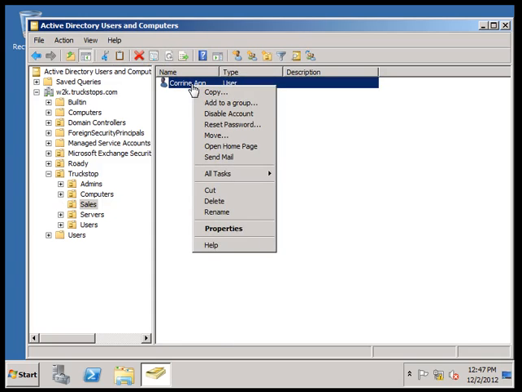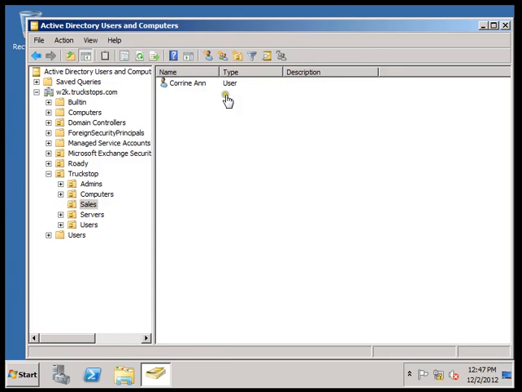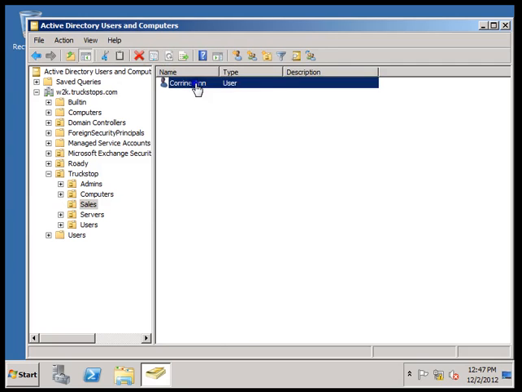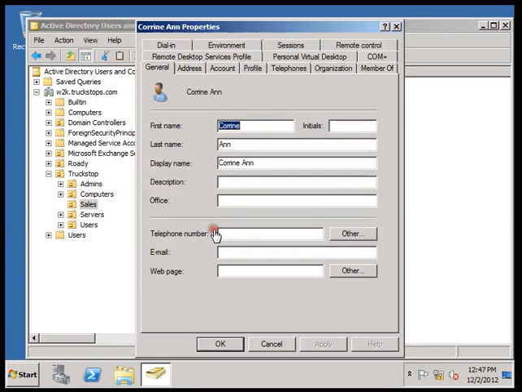Now we'll go ahead and start proceeding with the user template. So take properties and click on General. Once you click on General, you will see what information, what department they belong to. The first one should be automatically filled by default. In Description, we will mention what department the user belongs to, sales,